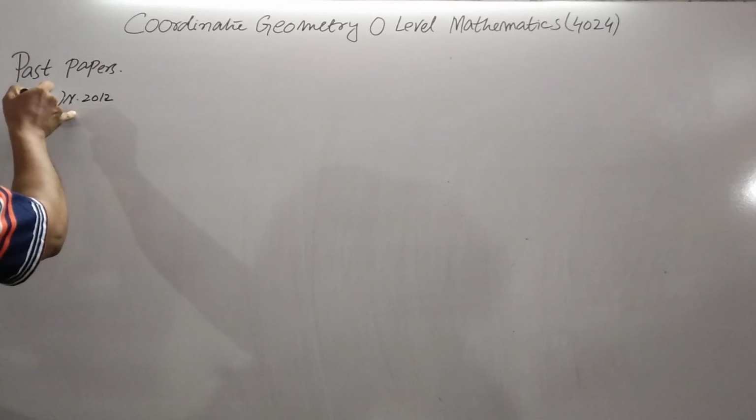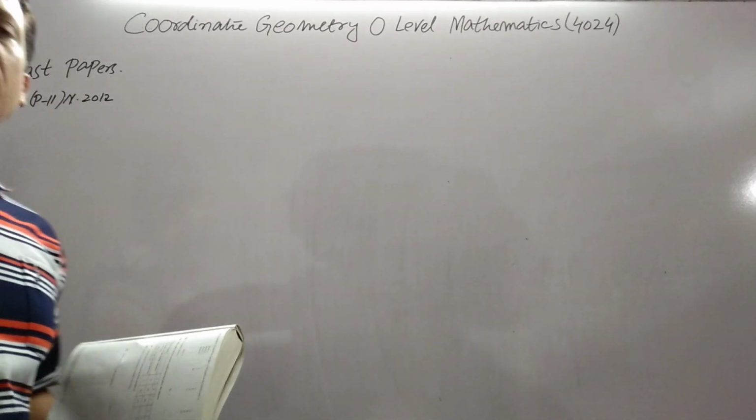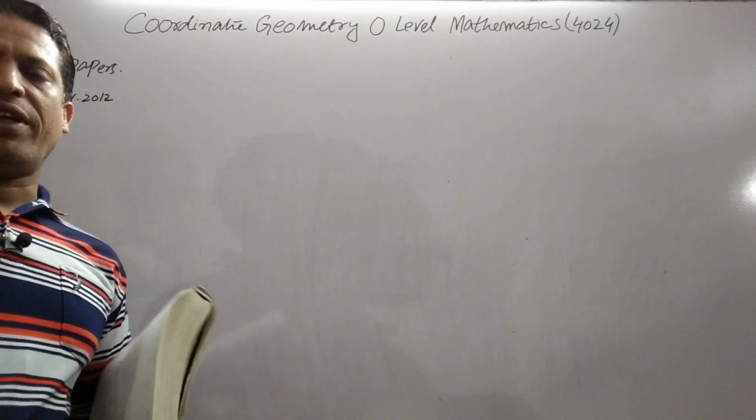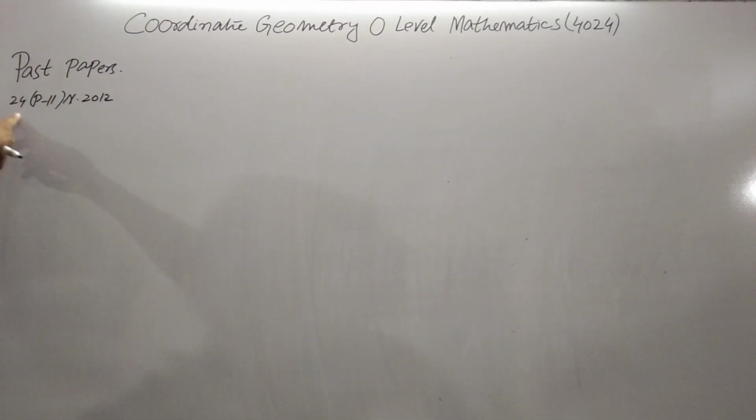You know, there are 3 variants, paper 1-1, paper 1-2 and paper 1-3, and we have to do all variants. So this is question 24, paper 1-1, November 2012, and the question is,